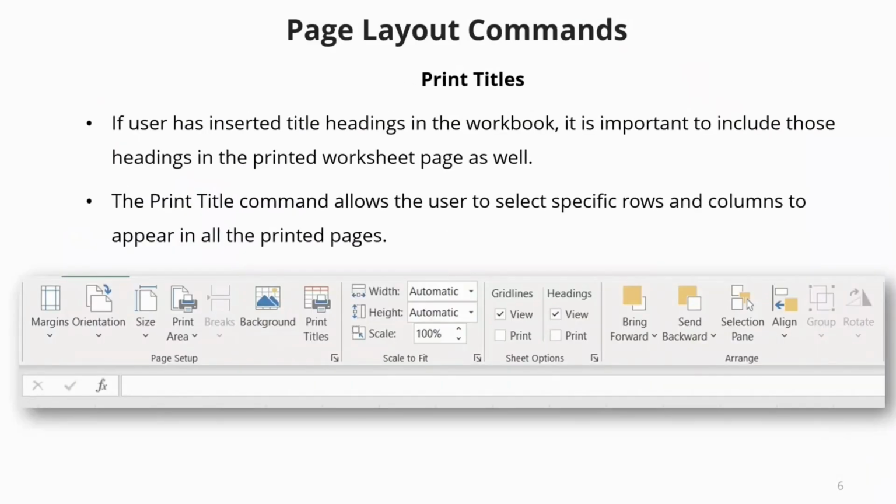Next, we have the print titles. If the user has inserted title headings in the workbook, it is important to include those headings in the printed worksheet page. The print titles command allows the user to select specific rows and columns to appear in all the print pages. Now, very simply understand that when you are creating a spreadsheet and you're printing that out,